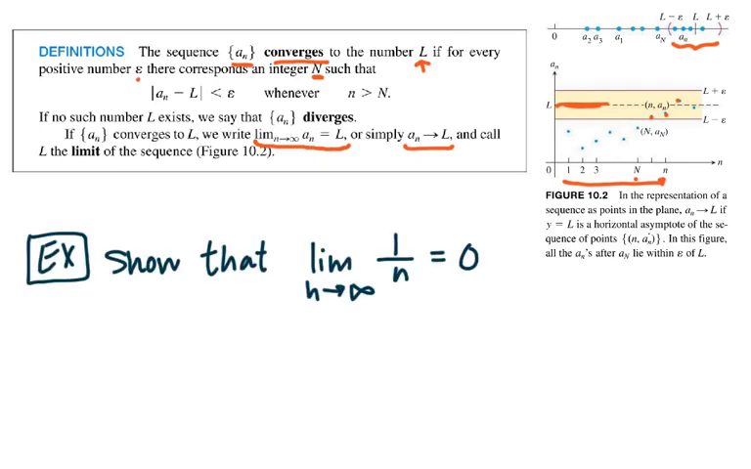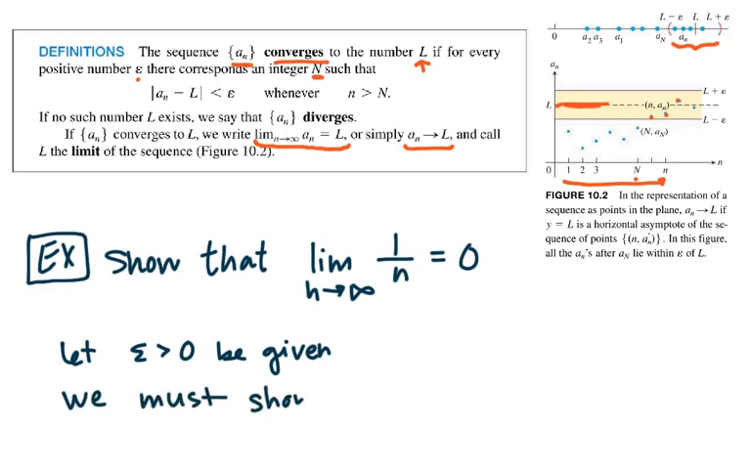So we have an example here, and we're going to show that the limit as n approaches infinity of the sequence 1 over n is going to equal 0. In order for us to do this, we know we have to have some positive epsilon. So we'll say let epsilon greater than 0 be given. And what we must show in order for this to be true, we have to show